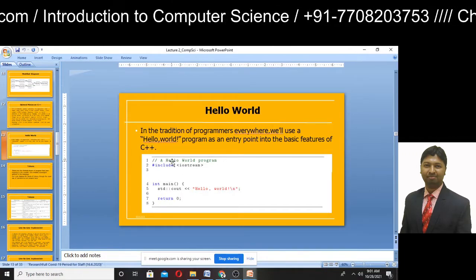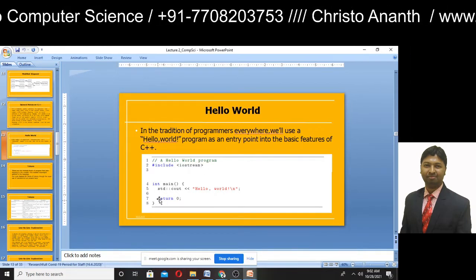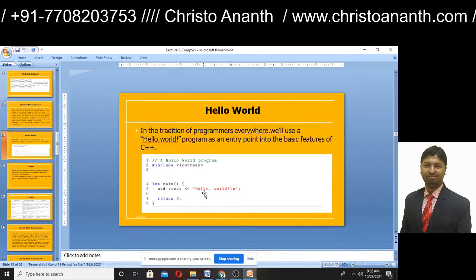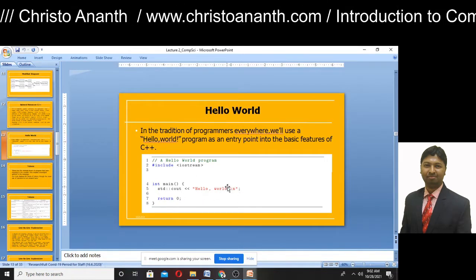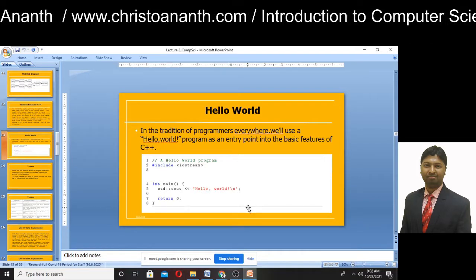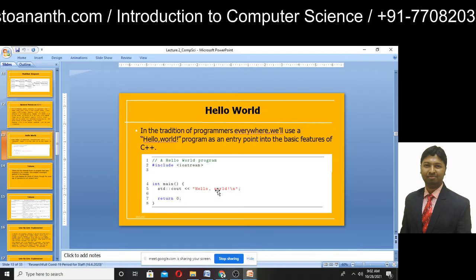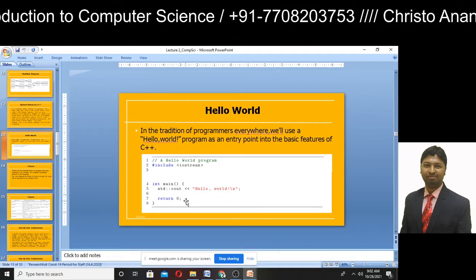Hash include iostream, then the main function to start the braces. std::cout hello world, and then you close with the line break \n, and after that you return 0. Okay. So this program in C++ is going to output hello world.